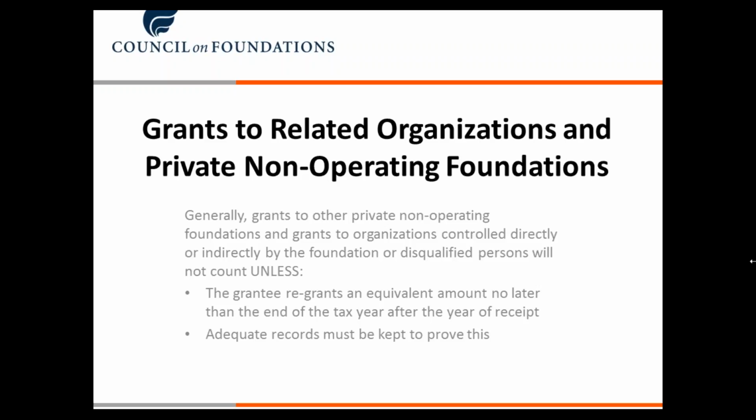So even if you're granting to a donor advised fund where you or other members of the foundation may have advisory privilege, under current law, that is acceptable as a qualified distribution and will count to your distribution amount. The question has been raised, though, whether, because someone at the private foundation has the advisory privilege, that is control over that donor advised fund, and could that be considered a controlled organization?